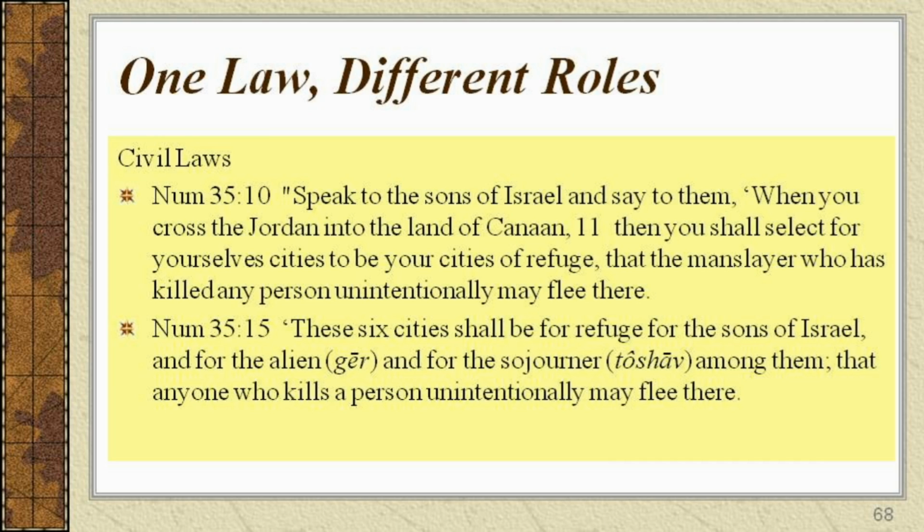Life in ancient Israel was very dangerous and often very short. This particular punishment was severe enough to discourage reckless behavior, but not too severe to destroy a person due to an unintentional accident. It also gave the victim's family time to grieve and let go of any desire for vengeance. A very wise combination of justice tempered with mercy.